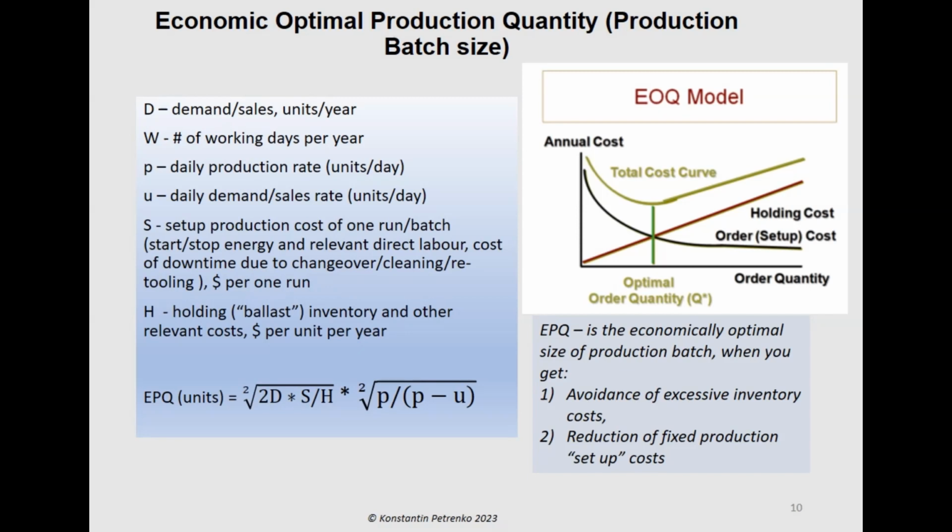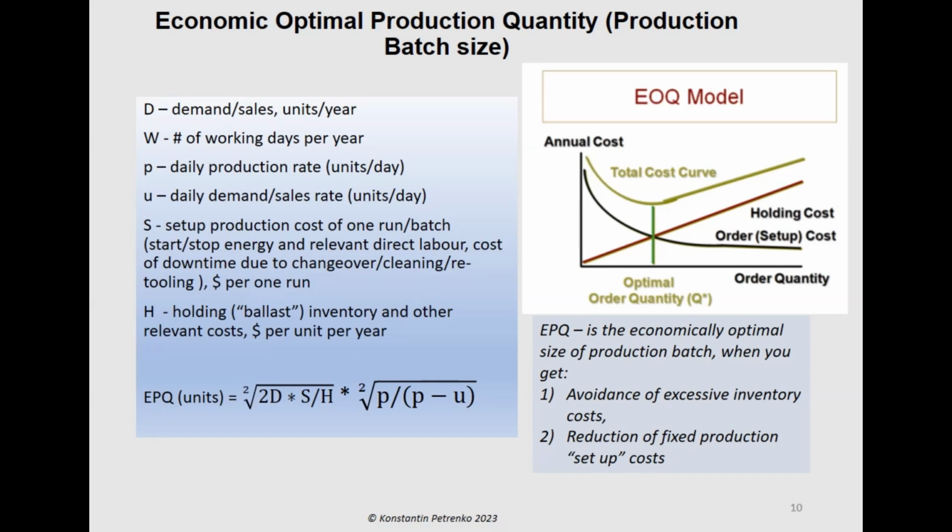EOQ is the production batch size when the costs of holding ballast inventories are equal to the expected lost profit margin caused by excessive production batches being done, so excessive batch setup costs are spent. A typical example of holding inventory cost is the cost of annual money frozen in this ballast inventory. Typical examples of setup costs are start-stop energy and relevant direct labor, cost of downtime for changeover, cleaning, retooling,